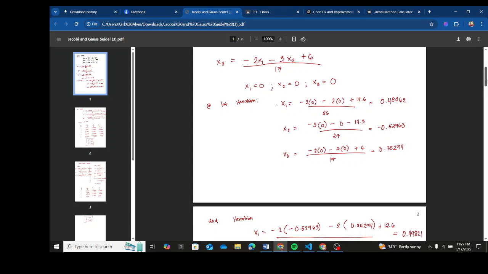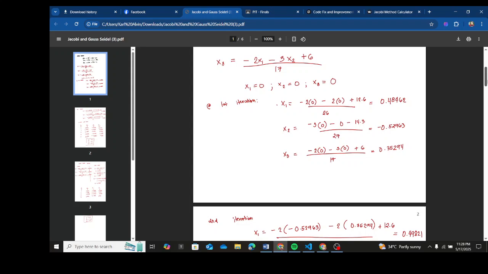For x sub 1, after substituting our initial guess 0 into the variable x of its equation, it equals 0.48462. And x sub 2, we also substitute the initial guess 0,